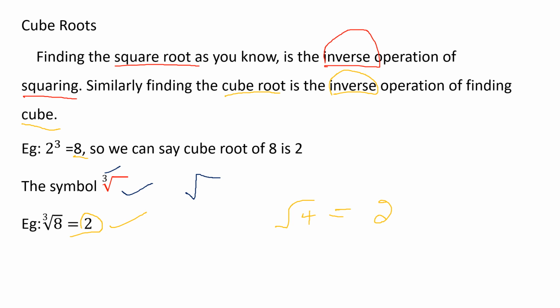So what is the answer for the cube root of 8? The answer is 2, because 2 into 2 into 2 is 8. The square root of 4 means 2, because 2 into 2 is 4. The cube root of 8 means 2 into 2 into 2; we multiply 2 three times. Keep in mind, this is the symbol we use to represent the cube root. Don't confuse the square root and cube root. For square root, we write only the symbol. For cube root, we mention 1 3 here. So if you see a symbol like this, it is a cube root.